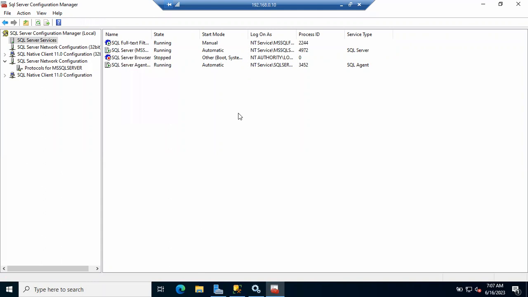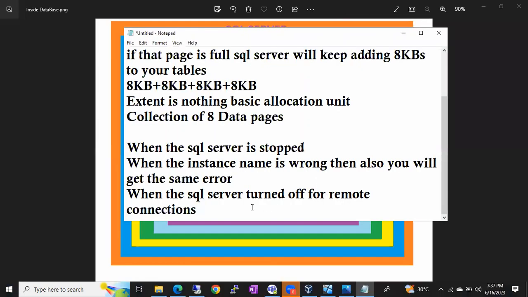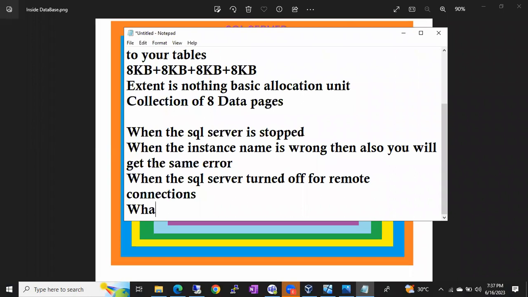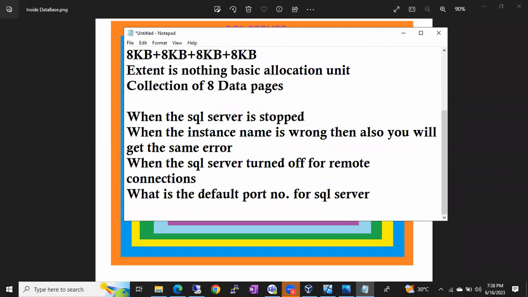One more quick interview question: what is the default port number for SQL Server? Port number, I told you, is a kind of door number. The Windows machine is a big apartment, and we can install a lot of software. Each software will have a flat, and each flat will have its own door. In the same way, SQL Server also has its own door. Every door will have a door number, right? So the SQL Server door number is